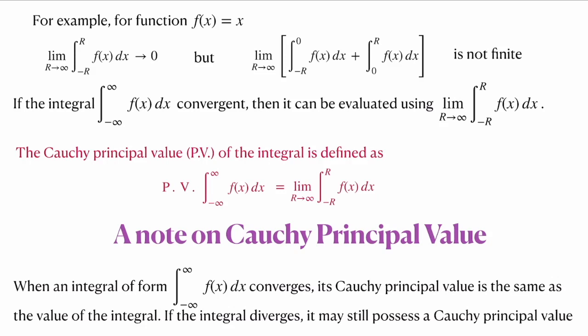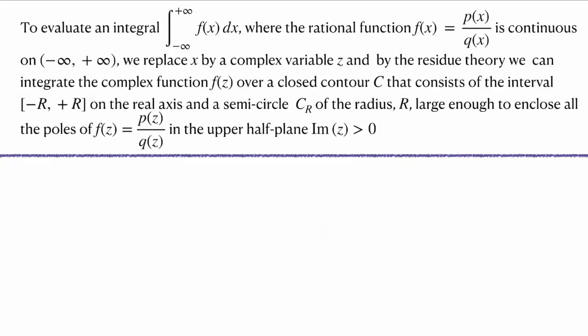But if the integral diverges, it is not necessary that the Cauchy principal value does not exist. It may still be finite. So let's look at the way of evaluating the real function integral from minus infinity to plus infinity of f of x dx using the residue theorem. To evaluate the integral of f of x dx from minus infinity to plus infinity,